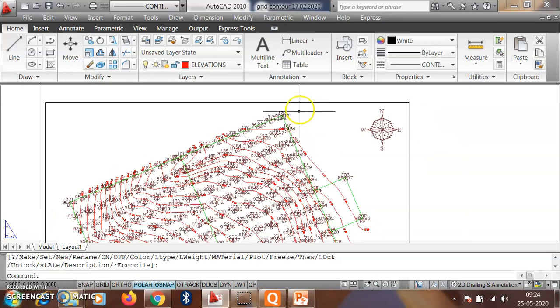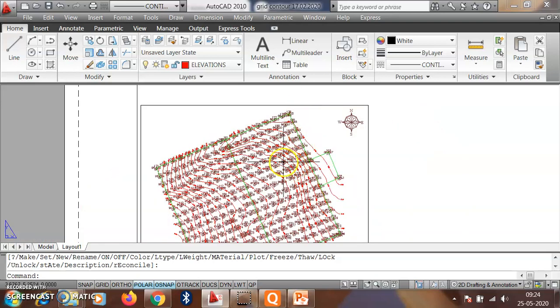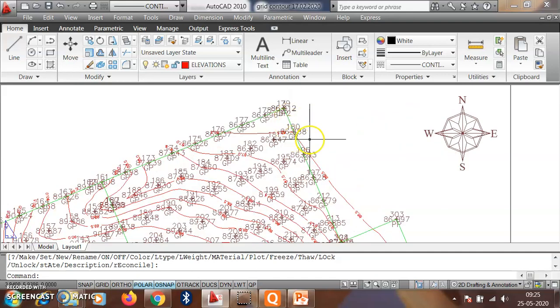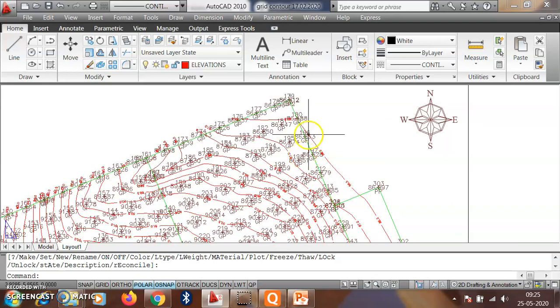We take different data from the field using total station, theodolites, tape, or GPS and other advanced techniques. All this data is stored in our instruments, then input into the PC, and then our drawings are prepared.